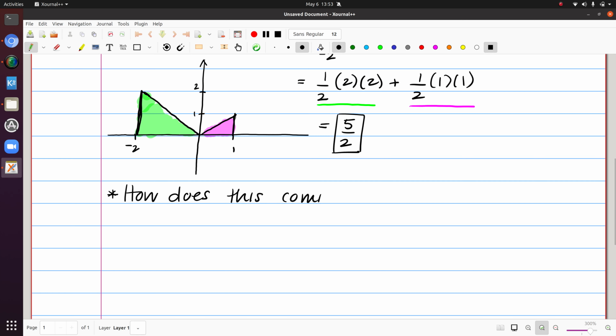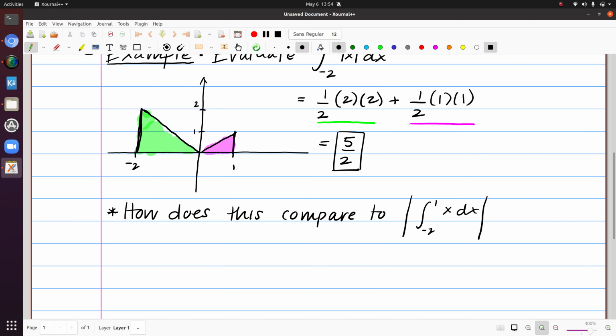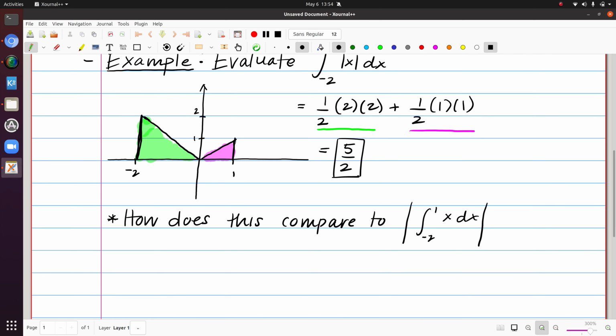So we are taking the integral of the absolute value, which is different from the absolute value of the integral. There exist functions and intervals for which these happen to evaluate to the same number, but they're not the same thing in general, and in particular in this example we would get very different things. If we were finding